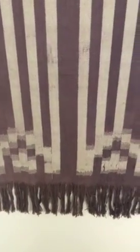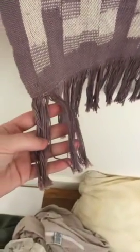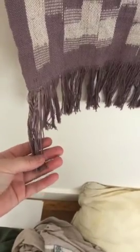Okay, so I wanted to show you guys this weaving that I did not make, but I think was likely produced on a floor loom because of the intricate pattern. As you can see, it's pretty complicated, and I don't think that would have been done on a frame loom because it would have taken forever and been really frustrating, and there's no way you could have gotten details like this. So that tells me that it was done on a floor loom. Not to mention how many warp threads there are. When you use a floor loom, it's like hundreds of warp threads